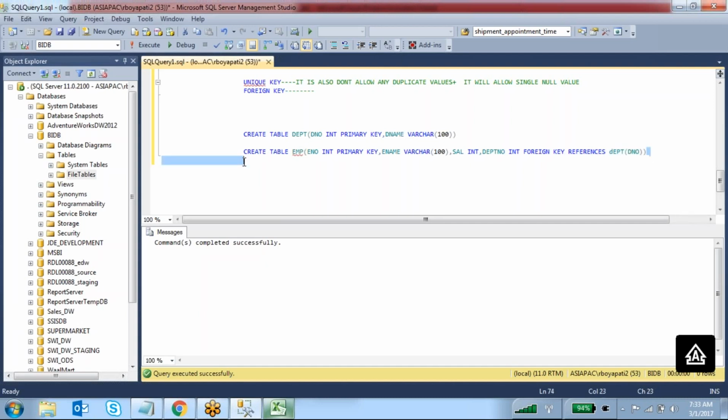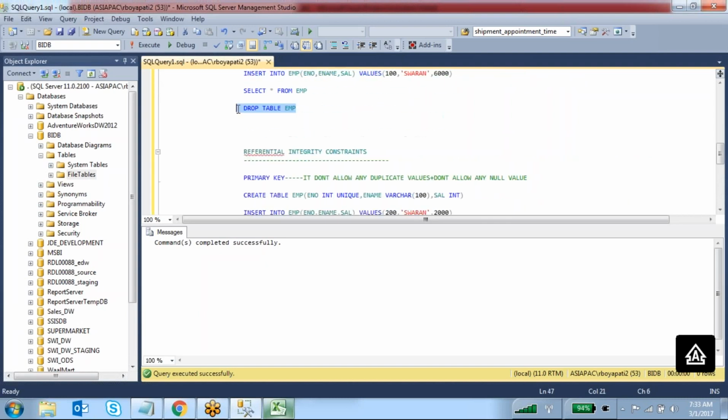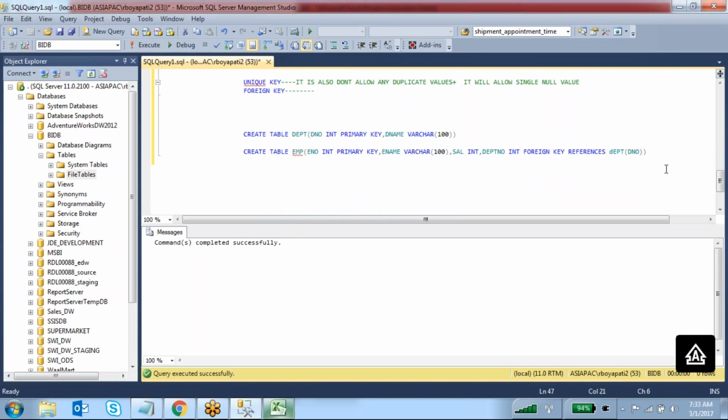Okay, so you can create this table. The employee table is already there, so you can drop the table. Now you can execute this. Command completed successfully. So two tables you have created.